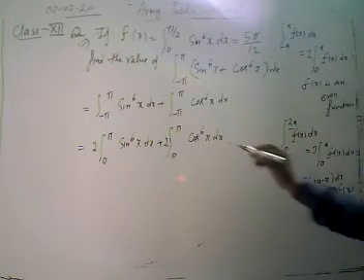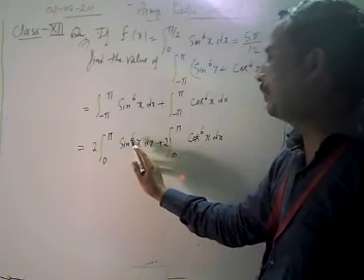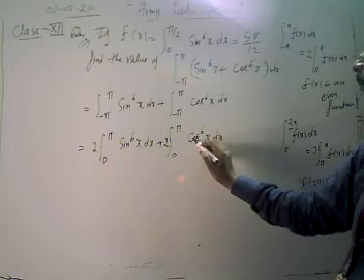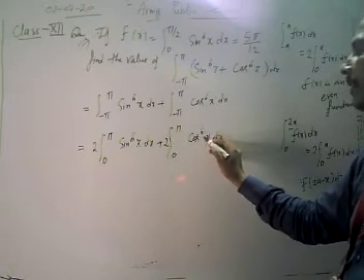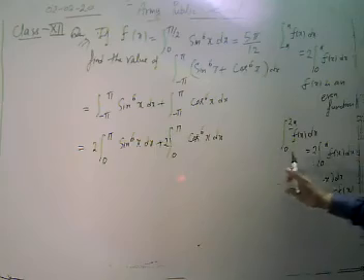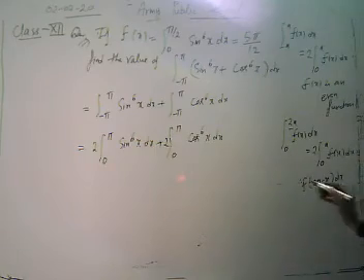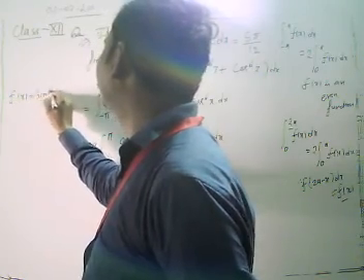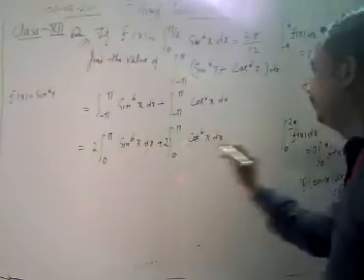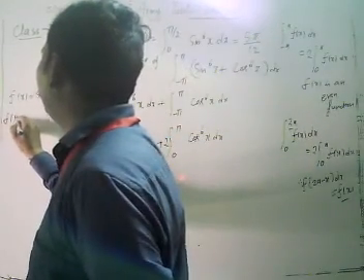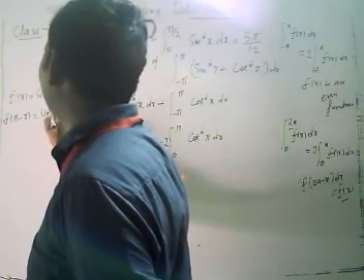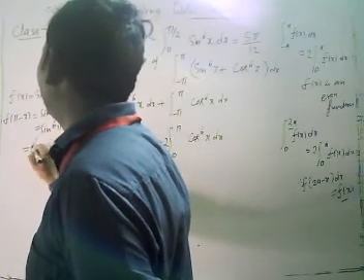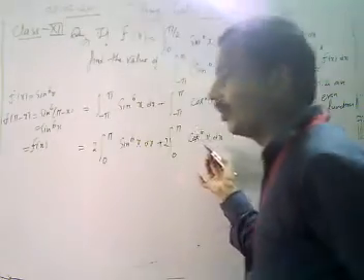2a is our upper limit. When we put pi, sine to power 6 of (pi minus x) gives sine to power 6x. Here also, cos to power 6 of (pi minus x), 180 minus, being power 6, is again positive. Look, again we get f(x). You can easily verify that when f(x) is sine to power 6x, 2a is our pi, and f(pi minus x) is sine to power 6 of (pi minus x), which gives sine to power 6x, equal to f(x). Similarly, we can verify for cos to power 6x.